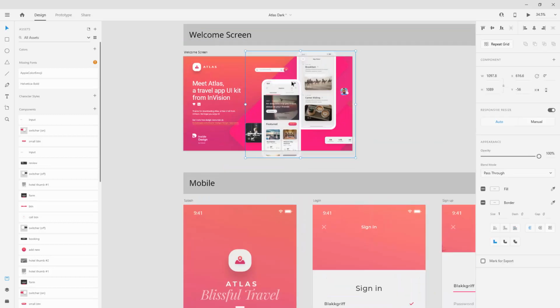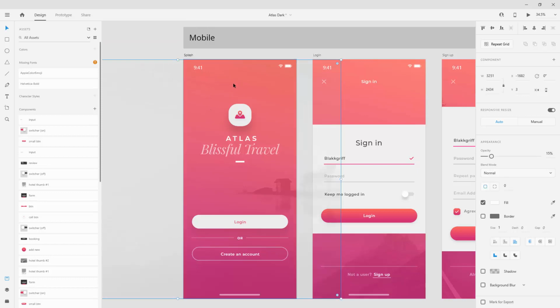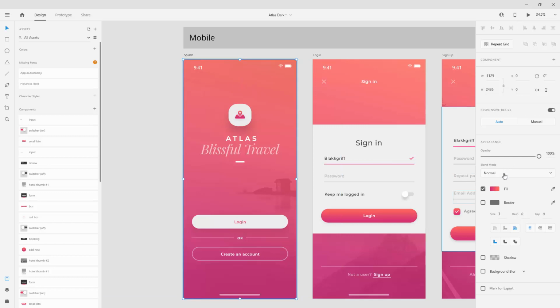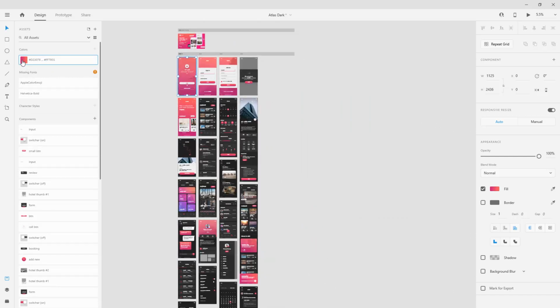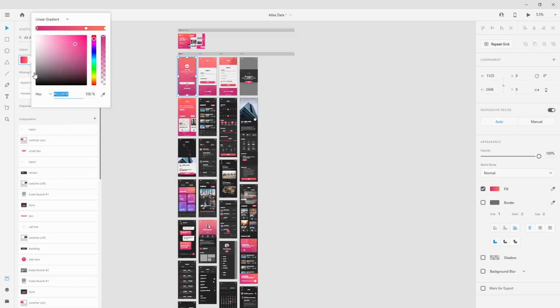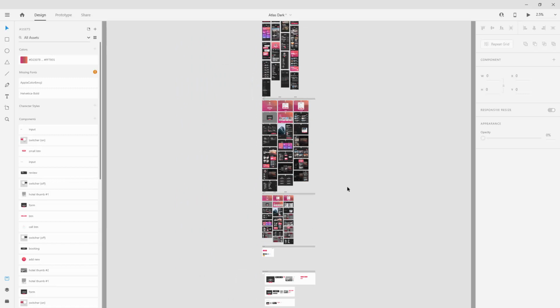So if I zoom in right here, you can see that we have this welcome screen, for example, and these mobiles and so on. When I click right here, I can hold my Control key and click right inside this, and you see that we have this gradient. I can jump inside right here and click on the colors, and it's going to save that gradient. So if I right click, click edit, I can simply make changes to this gradient, and it's going to apply. As you can see, wherever we have that same gradient, it's going to apply those same changes. So as you can see, you can use Sketch files inside of Adobe Xd,